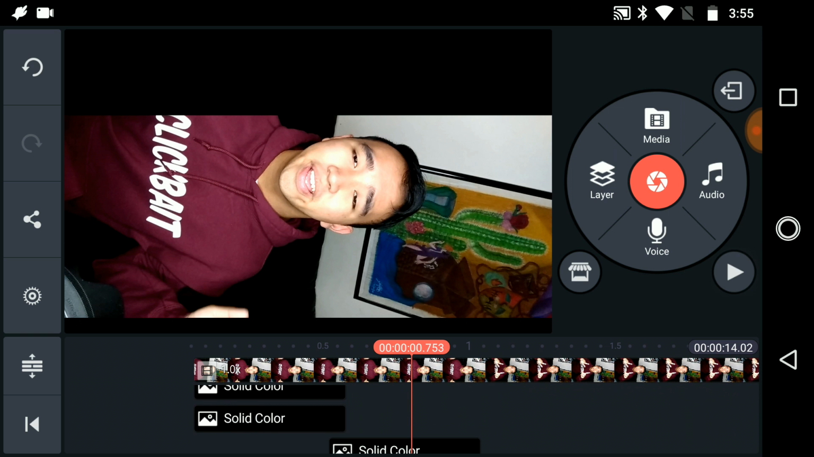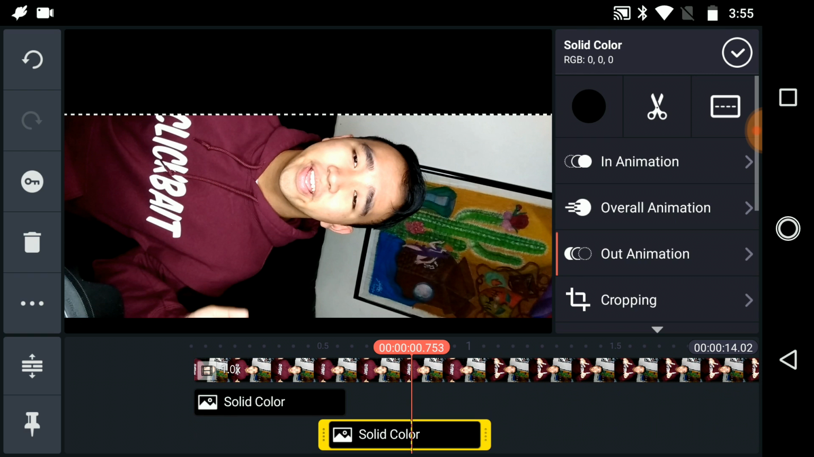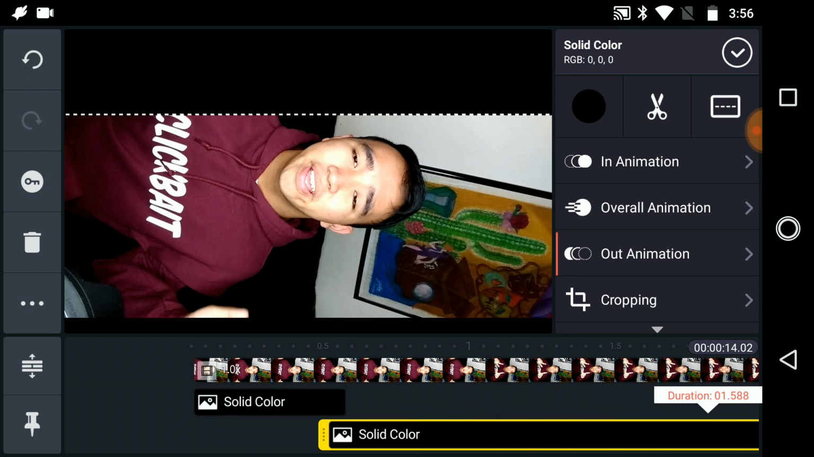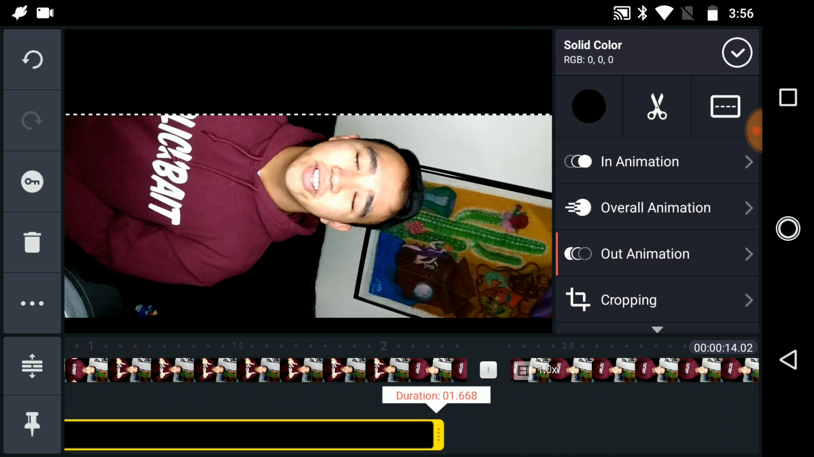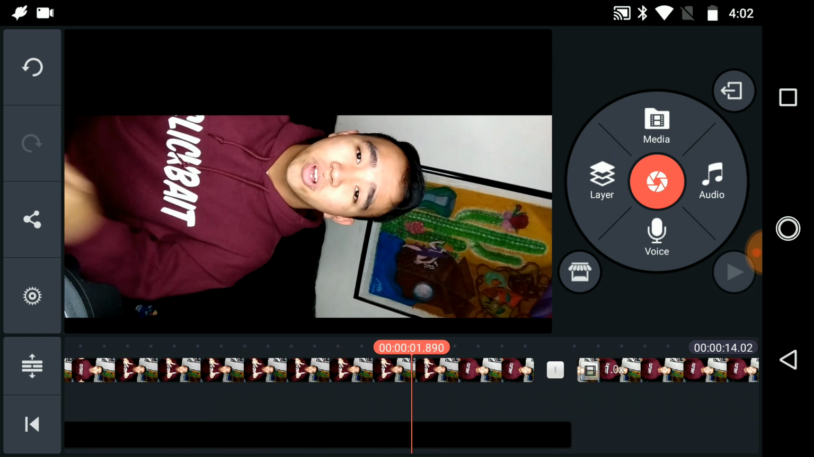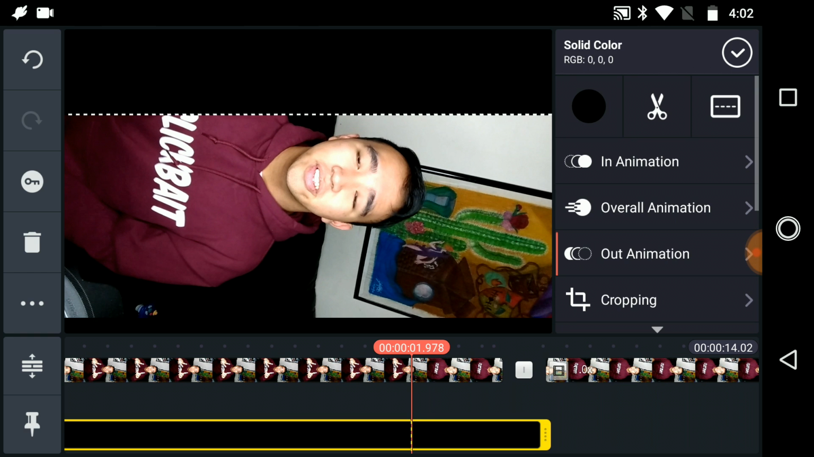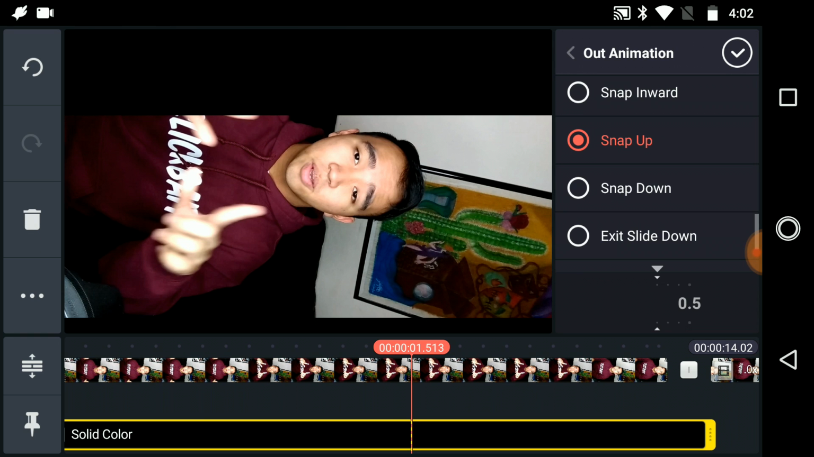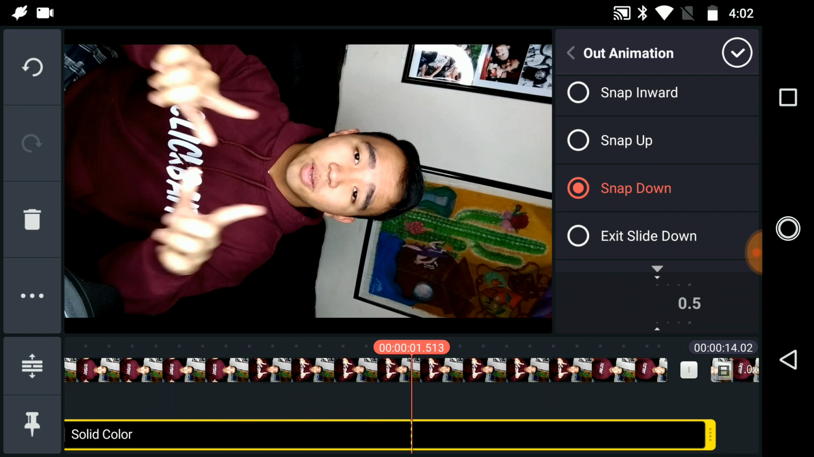Once you have done that, the next thing you're gonna be doing is looking for the layer again, which is this one right here at the bottom. You're gonna be sliding this all the way down until you see the area that we split earlier, which is this one right here. And once you have done that, the next step is changing the out animation on this part right here, and we're gonna change it into snap down instead of snap up, because on this part we're planning to make the border bigger again like earlier,